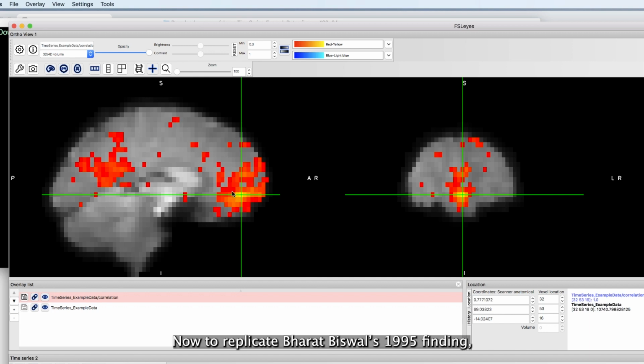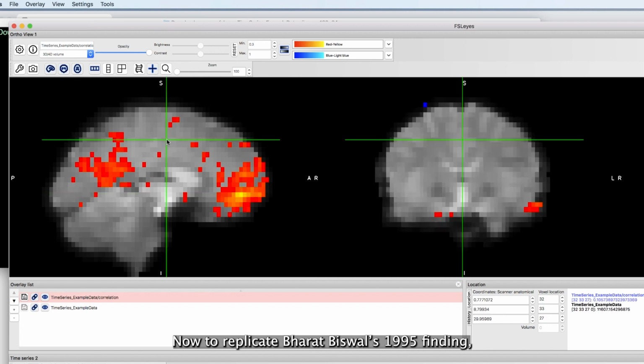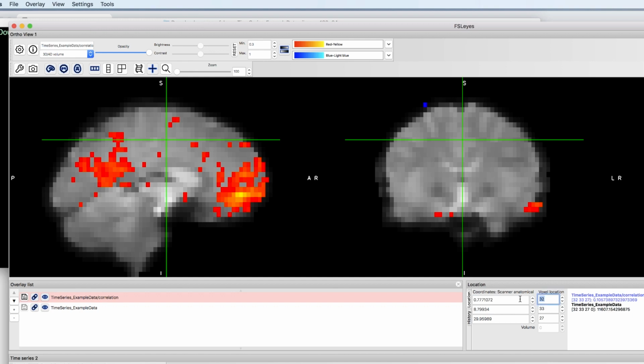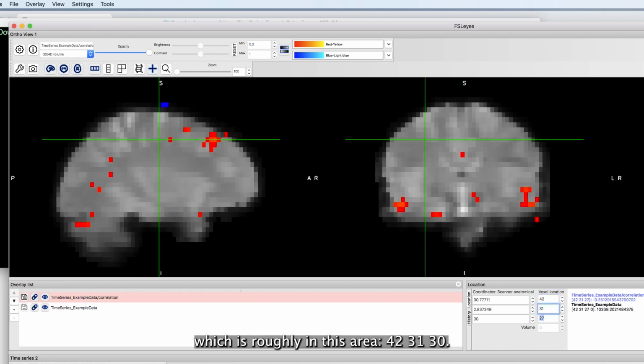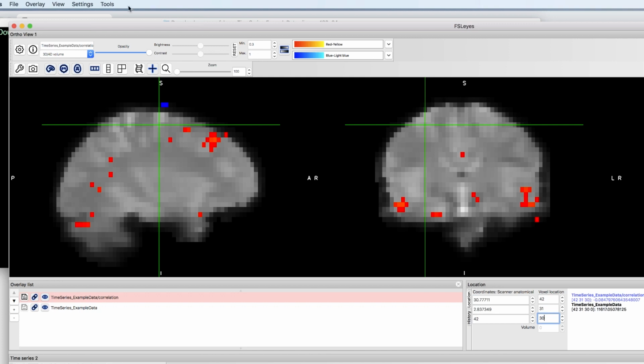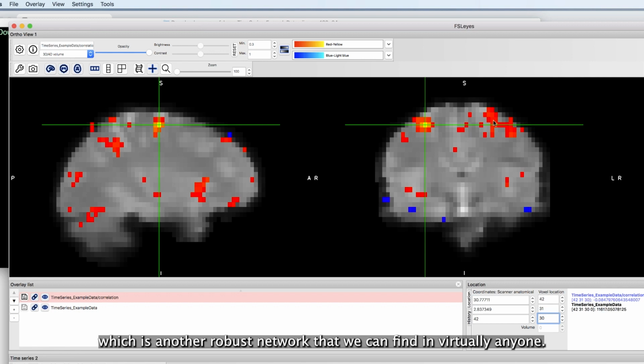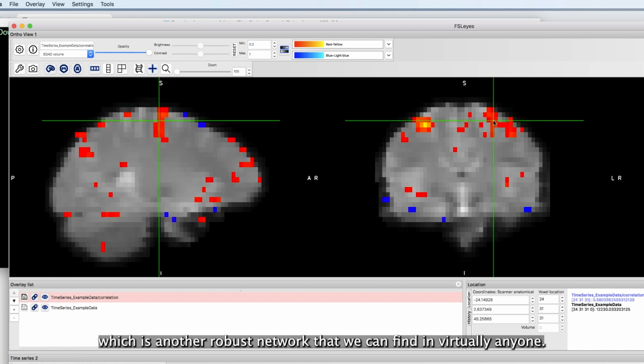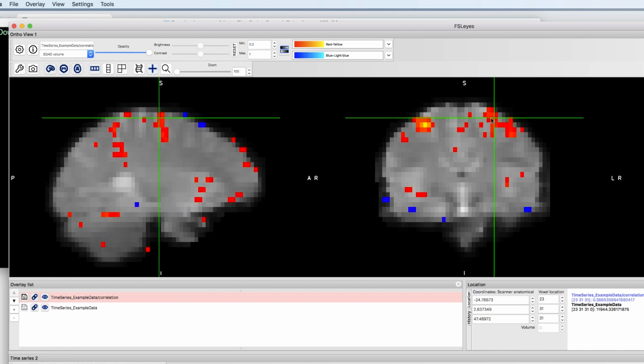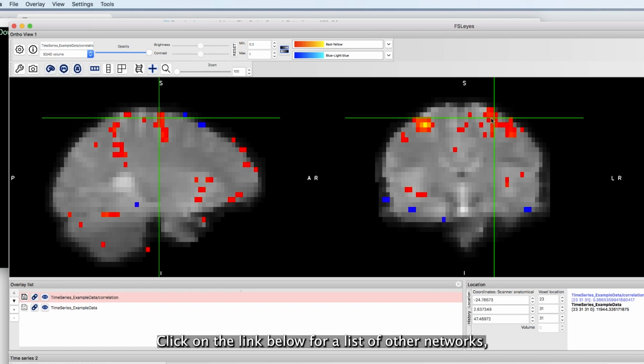Now, to replicate Bharat Biswal's 1995 finding, let's try placing a seed in the left motor cortex, which is roughly in this area, 42, 31, 30. Correlation analysis reveals what is called the motor network, which is another robust network that we can find in virtually anyone. Click on the link below for a list of other networks and try to find them by using this